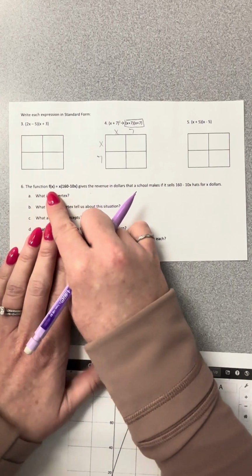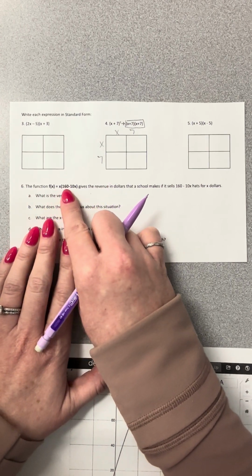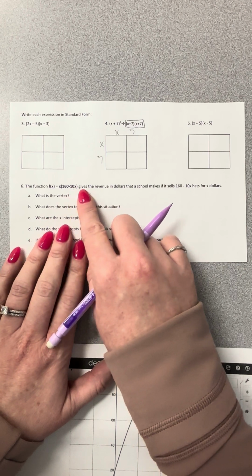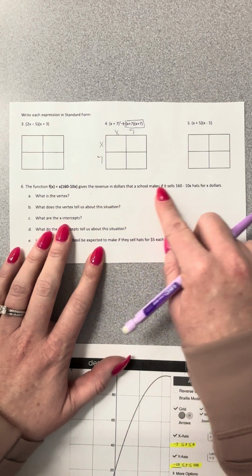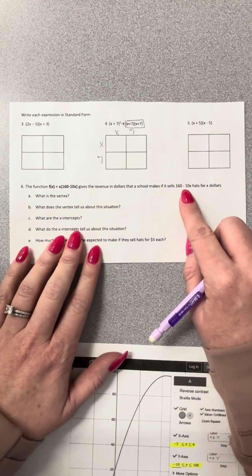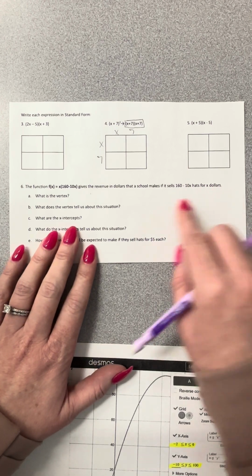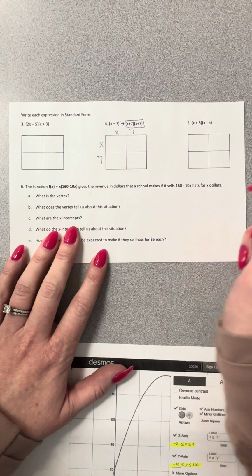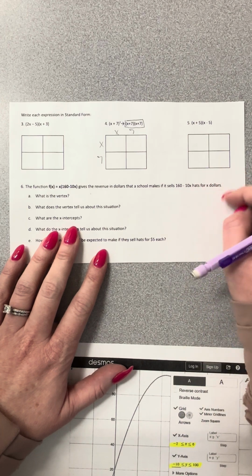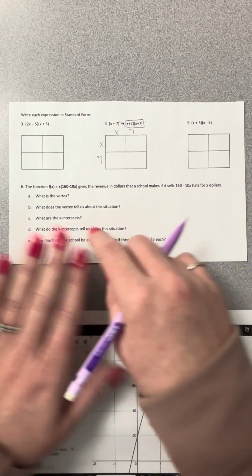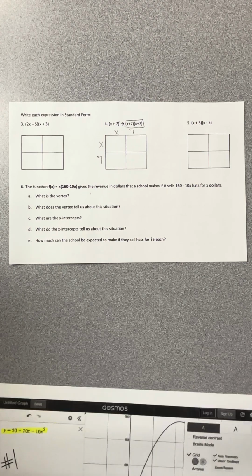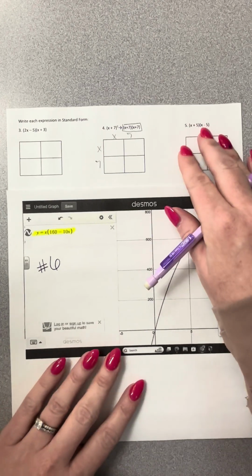The function f of x equals x times 160 minus 10x gives the revenue in dollars that a school makes if it sells 160 minus 10x hats for x dollars. So we're talking about the amount of money a school is going to make when they sell hats for certain amounts of money. So again, let's go to Desmos, and then I would flip my little cheat sheet over, and